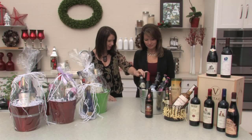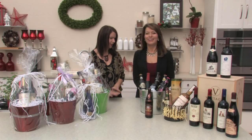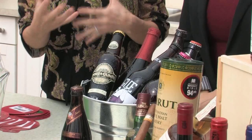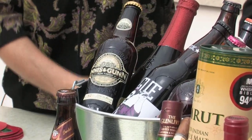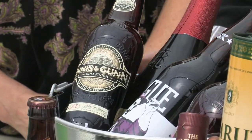These sets here are more for the man in your life. So we've got the beer bucket. We have great Ontario craft beers, local beers. I always suggest to people, if they're not sure what beers to buy, get a selection of all different ones. I'm always doing this. You're always coming in and doing that. Because you put one together for me one time. Father's Day. I love it. I do. I come in for any guy I know that I need to buy a bucket of beer for,